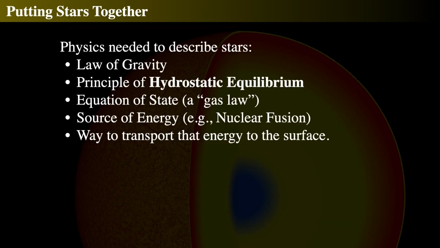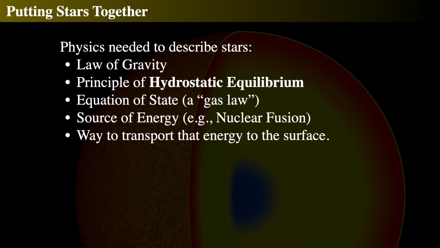In order to understand what is way down in the core, we have to rely on a lot of physics. And so here we go, the beginning of lots of physics in this entire series. The major aspects of physics that we're going to be talking about first are Newton's law of gravity, F equals GMm over r squared, the principle of hydrostatic equilibrium, meaning it doesn't move, and the equation of state, meaning how gases behave with respect to pressure, density, volume, etc., macroscopic variables you might measure about a gas,